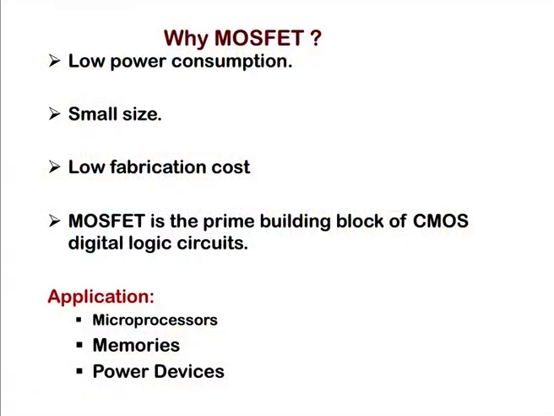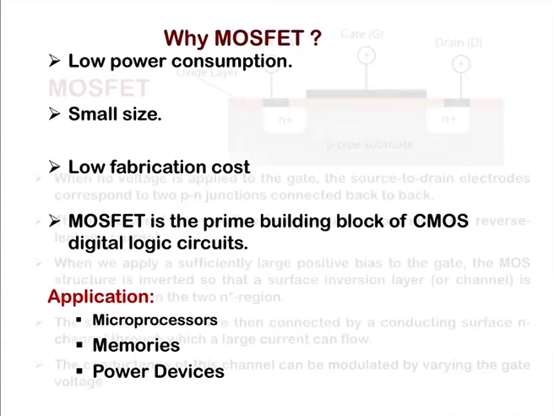We have discussed transistors, but why MOSFET? If you see the power consumption compared to the other transistors, the bipolar junction transistor and the junction field effect transistor, in MOSFET the power consumption is low. Second, the size of this transistor is very small, so we can fabricate more transistors on the same wafer. Fabrication cost is low compared to other transistors. MOSFET is the prime building block for CMOS digital logic circuits, and we can use these MOSFETs in microprocessors, memories